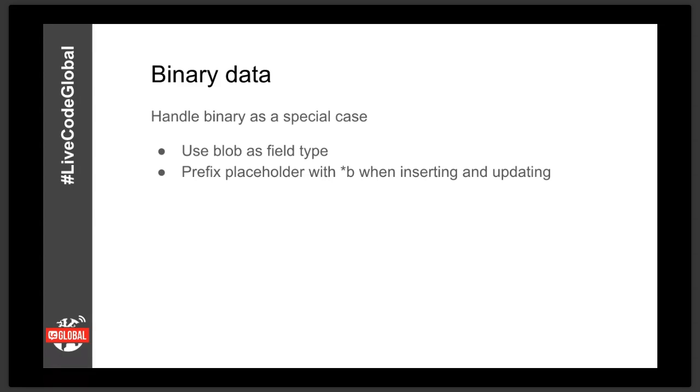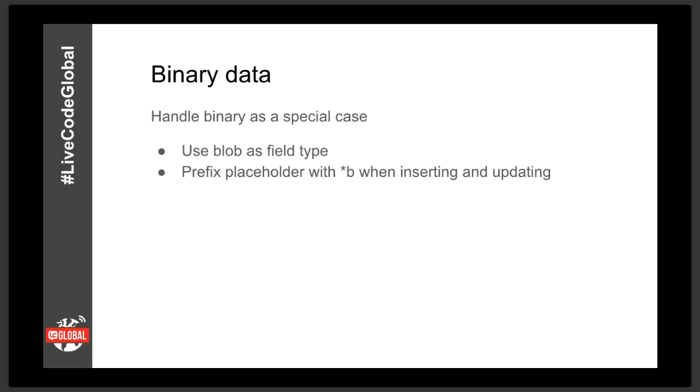So binary is a special case and needs to be treated as such when you're handling it, when you're inserting and when you're fetching. Now the way we do that is use the *B placeholder. So we saw that with functions earlier. We used *F when we were inserting